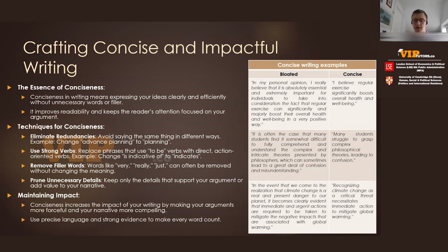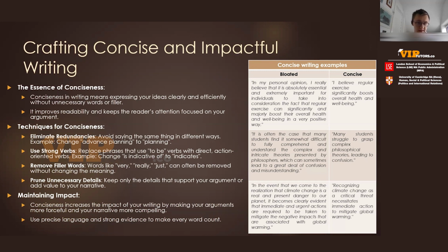When we're thinking about conciseness techniques, it's not about losing depth, it's about enhancing clarity. Every word in your essay should serve a purpose, especially I think for the John Locke Essay Competition, the max word count is 2,000 words. So make sure that every single word of those 2,000 words has a purpose. It's there for a reason. By eliminating redundancies and choosing your words carefully, you make your writing sharper and more direct.